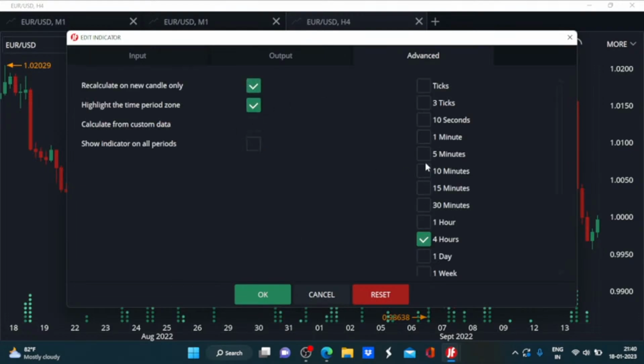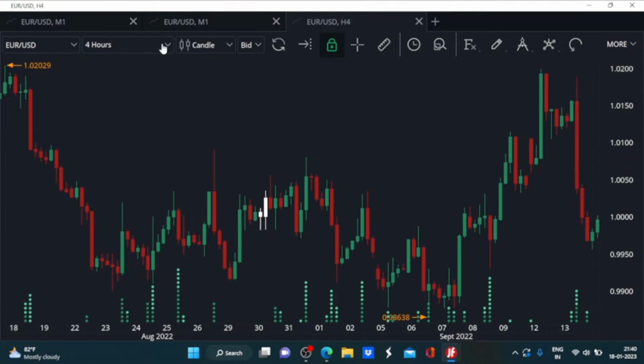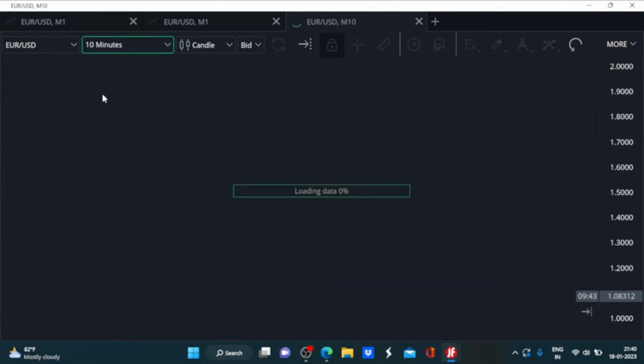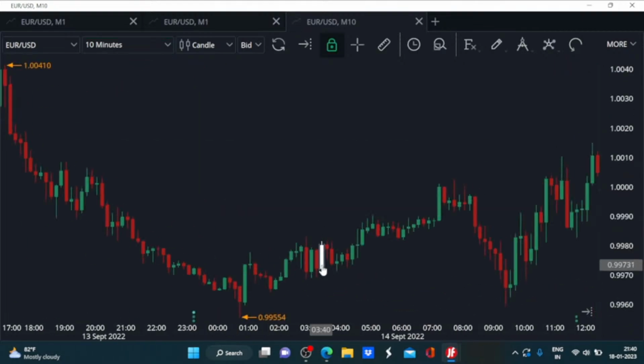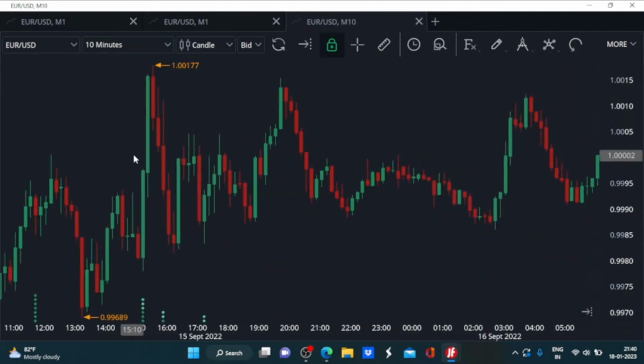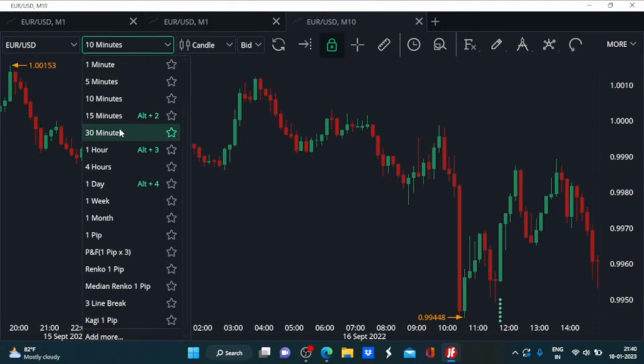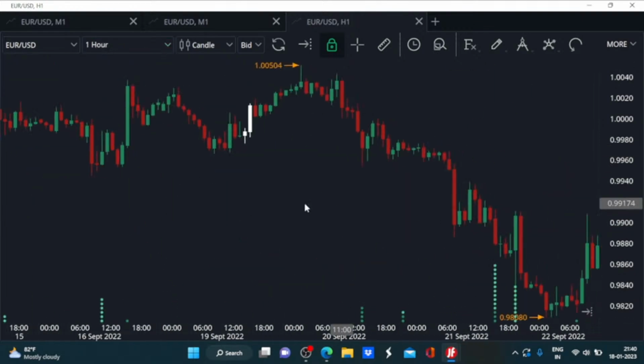If you opt in for a certain candle period, this chart pattern recognition will appear only on that candle period, and for other candle periods it won't appear. So now if I go to 10 minutes, we will have it. So here it is. But even if I go back to hourly,